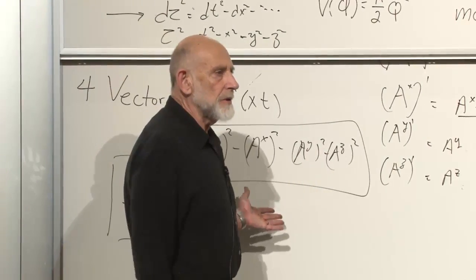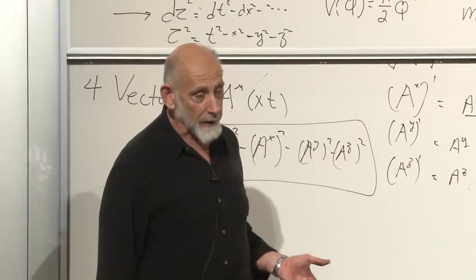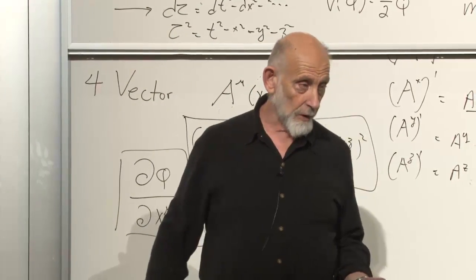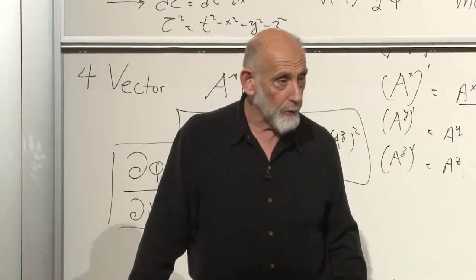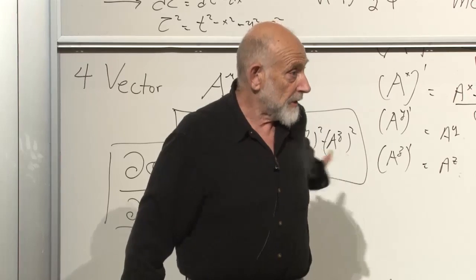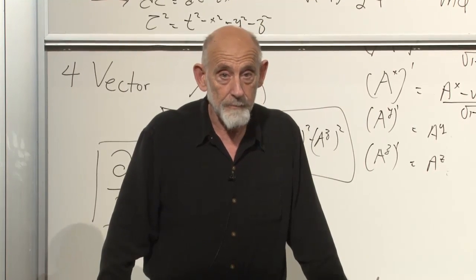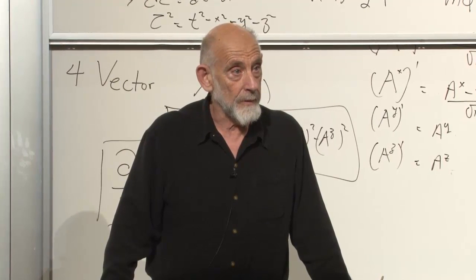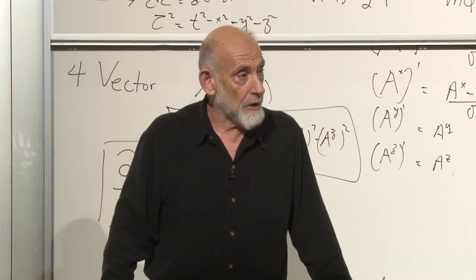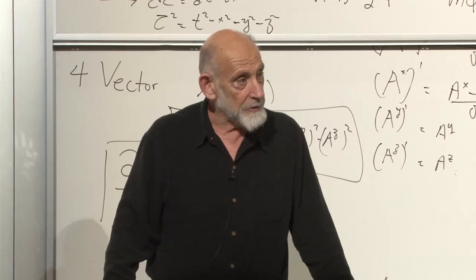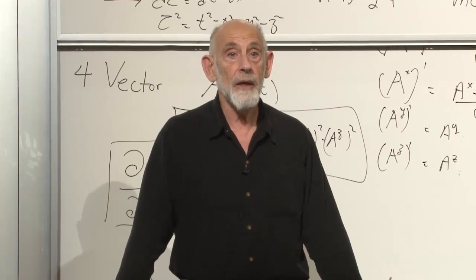That's right. I mean, it is certainly connected with the metric. We haven't used the terminology metric for space-time. We will when we get to general relativity, but yes, that's what it's about. It's about the metric of space-time. Absolutely. The metric of space-time is dt squared minus dx squared minus dy squared minus dz squared. Absolutely. Any other questions at this point?